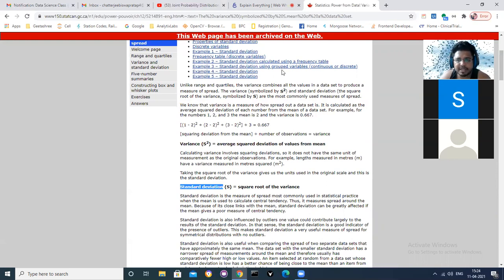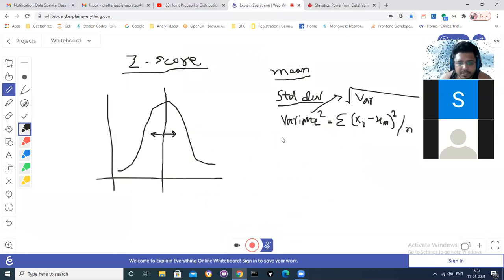So mean, standard deviation, and variance, these are the three concepts which help us to understand the spread of the data, right? How much spread the data is. If standard deviation is more, that means the data is more spread. If standard deviation is less, then the data is less spread. Okay, and variance also gives the same information. These are two dependent variables, right? Standard deviation is the root over of variance, so it's almost the same thing.